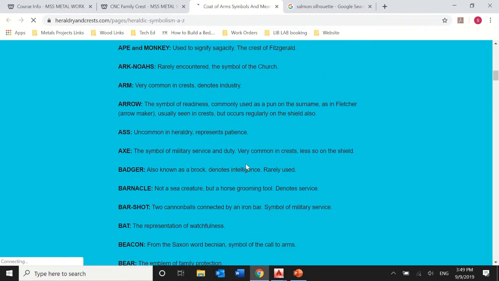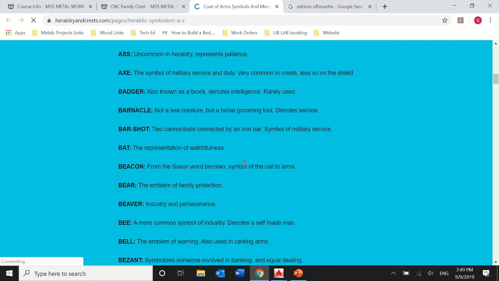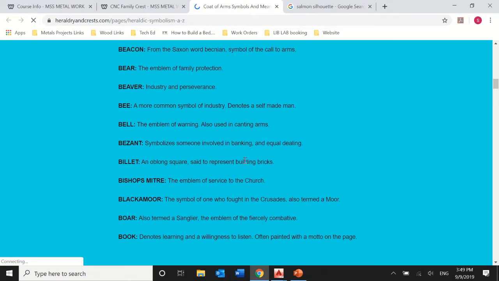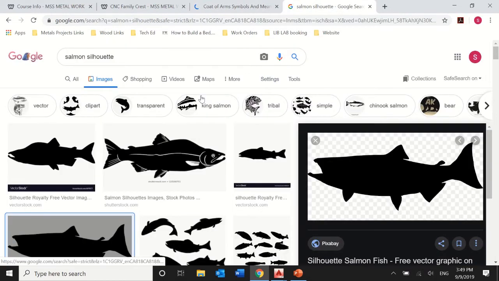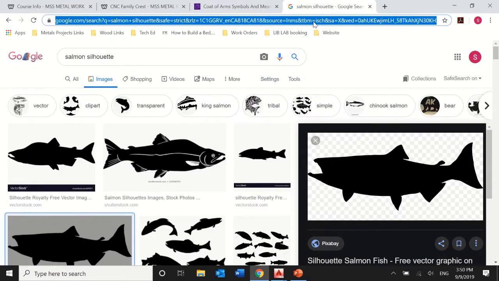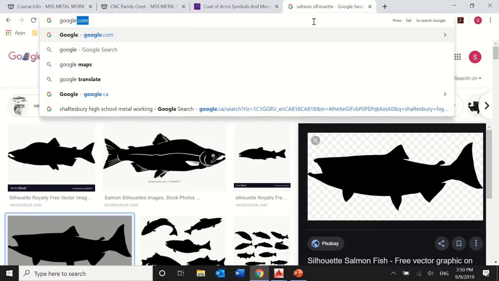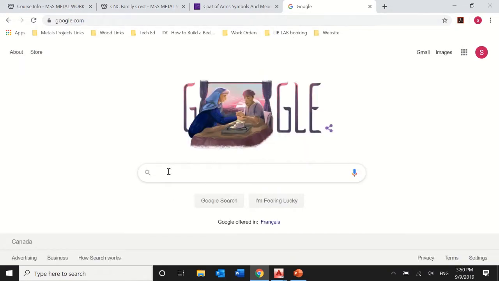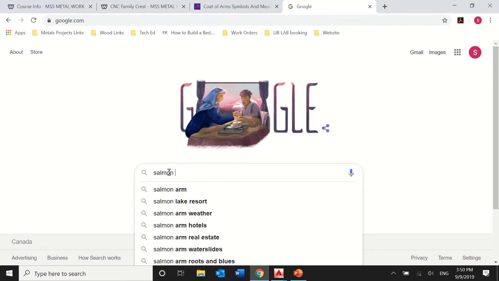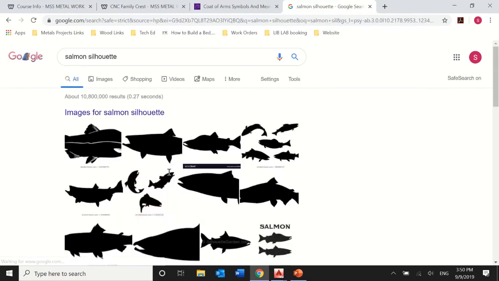I've already gone through and I've taken a look at this, and I've decided that a salmon, which is an image or an object that represents knowledge and wisdom, is the one that I want to use. So what you're going to do is you're going to start at google.com. You're going to go salmon, and you're going to use the word like outline, or the one that I like to use is a word like silhouette, in order to search up your